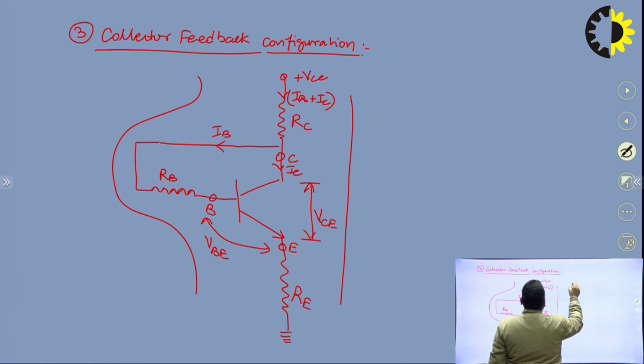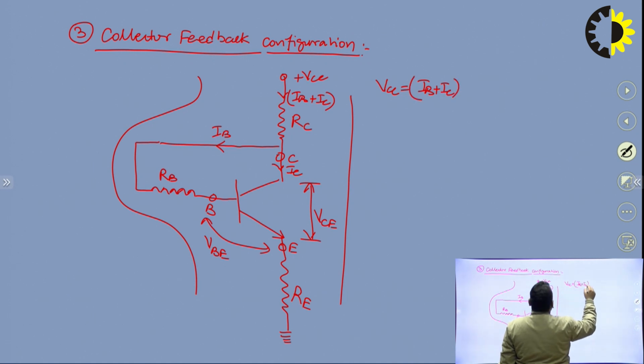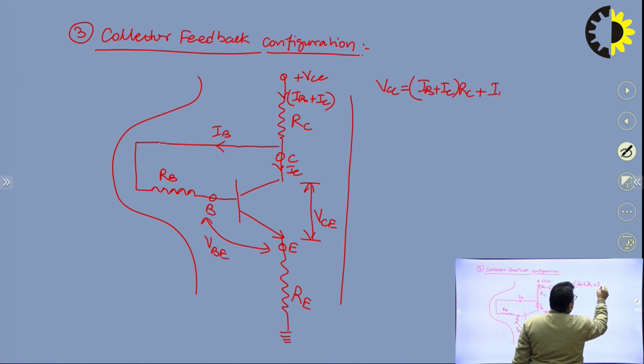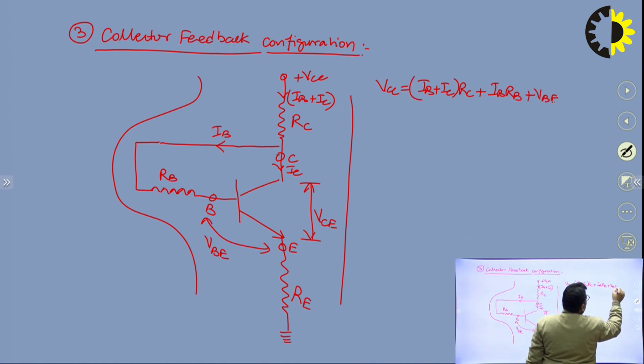We will get VCC is equal to (IB plus IC) into RC plus IBRB plus VBE plus IERE,